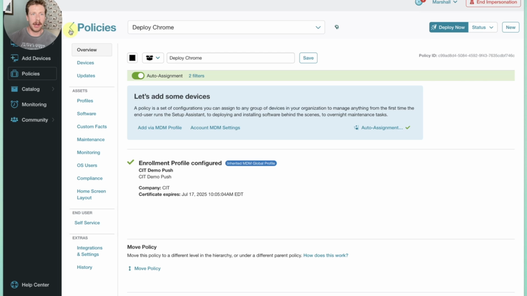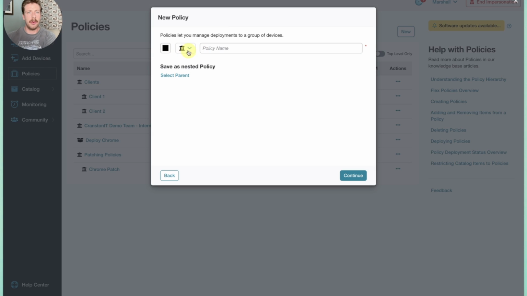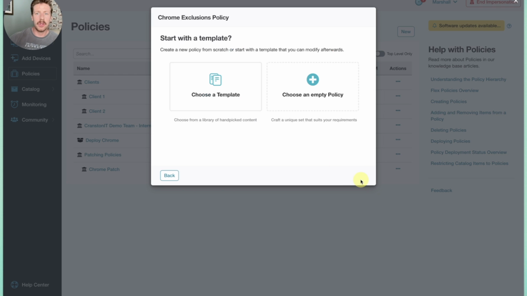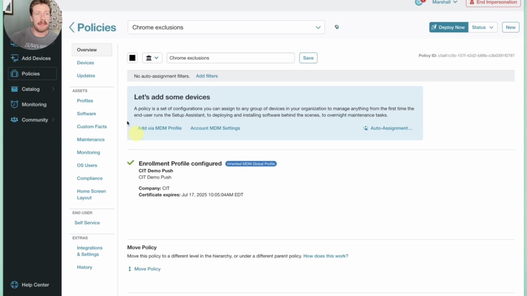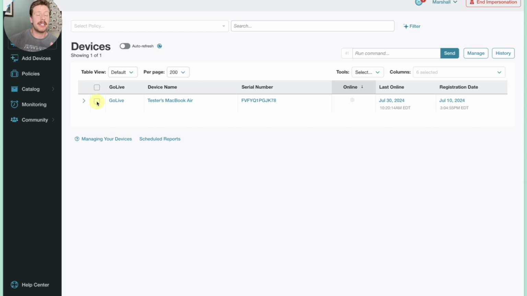So if we go to policies, create a new policy, and we're going to call it Chrome exclusions. Go ahead and create that. Make it an empty policy. Now that we have this, we're going to leave it pretty blank, but what we are going to do is go to our devices, and we're going to add the devices we want. In this case, I just have one in here, but we're going to add them to that policy. Because it's not really deploying anything, it's not going to do much except keep them in that bucket, which is